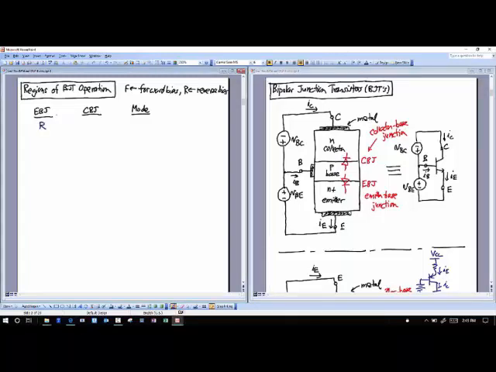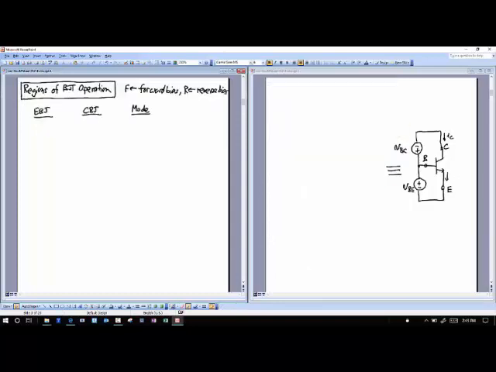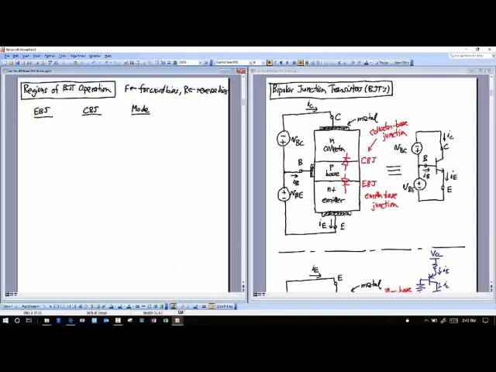So if I reverse bias this and reverse bias that, then I'm in what's called cutoff. It's very similar to the cutoff for MOS. Right? No current can flow between these two junctions because both those diodes are off. Make sense? Okay? And so let me just write both diodes off.